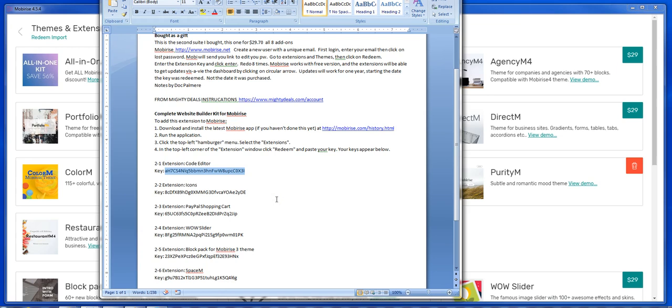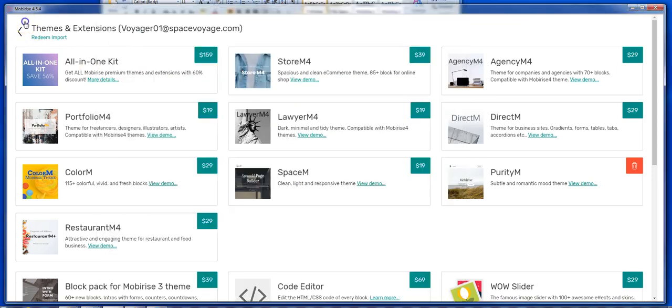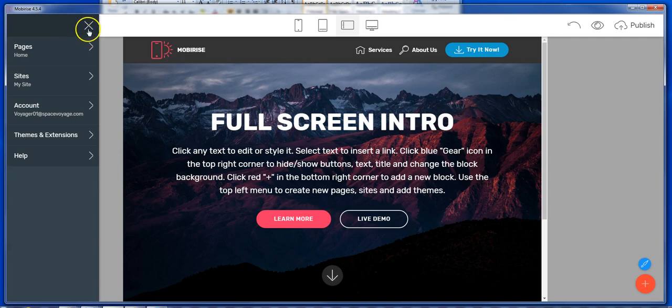Control C, copy. Control A would copy the entire page. We don't want to copy the entire page. We just want to copy this. So we'll just highlight this, the code editor, and Control C, and then come over here, and